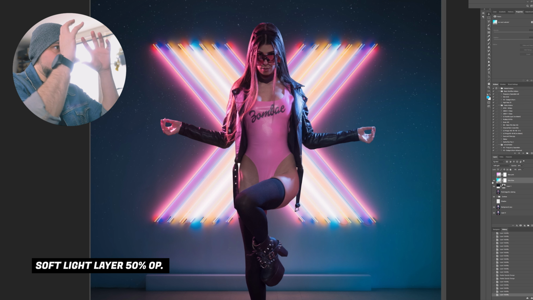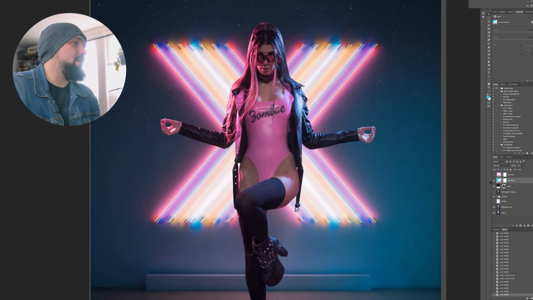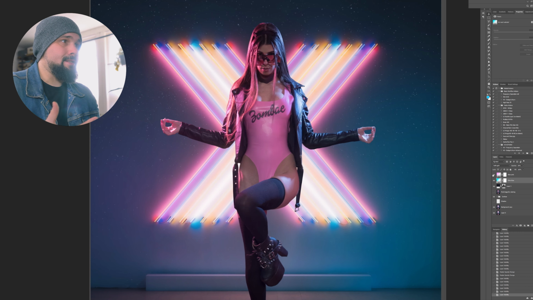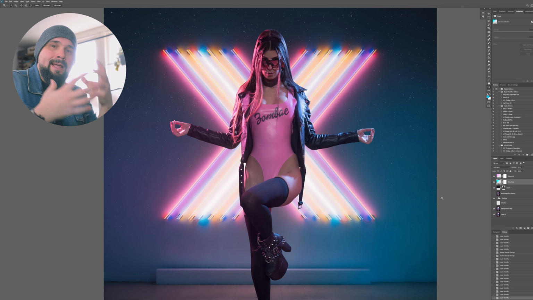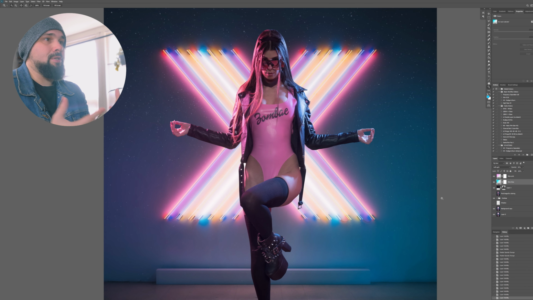So I took a big blue brush and just popped it on the image, and on the other side I did a little pink. And it just kind of adds a little, it kind of blends everything together. Now you don't have to do this, but this is an option. Okay, so now that the image is done and we have it set up and stylized the way we want,